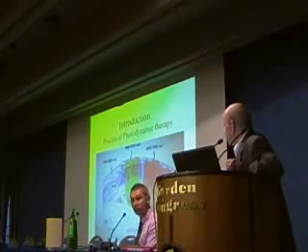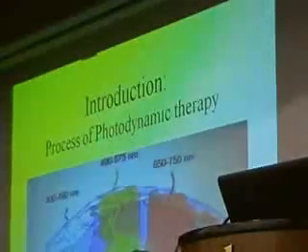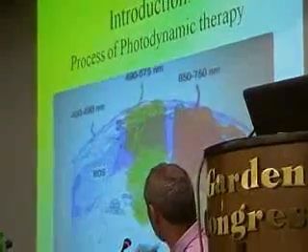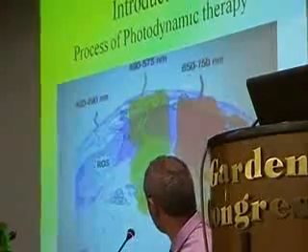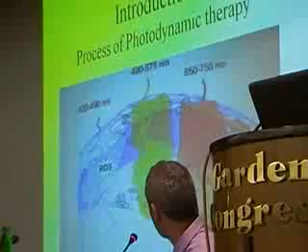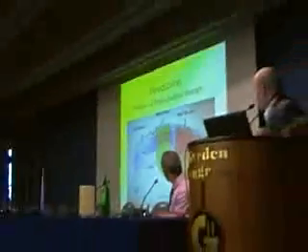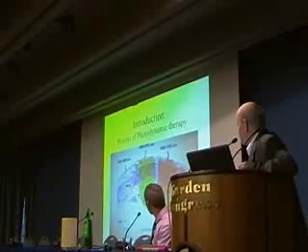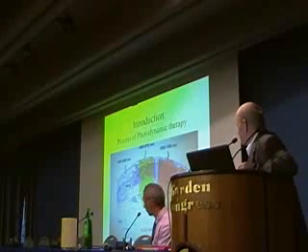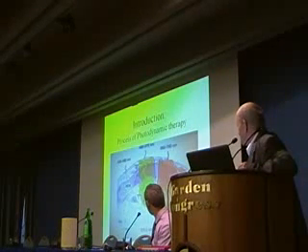Here you see, this is a tumor on the skin, maybe a basalioma, and then we give a special cream, a photosensitizer, and we irradiate with blue, with green, and red light. We produce reactive oxygen species in different depths of the tissue, and so we destroy the dysplastic tissue, blue one